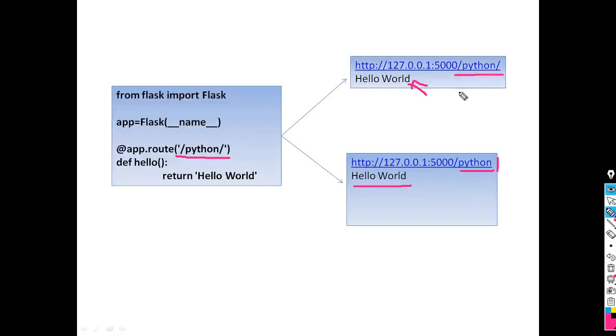But what we saw in the previous slide is that we cannot execute that URL when it does not have the right-hand slash. So this is the difference between how the presence of a slash executes and how the absence of a slash executes. These are the two rules to give a dynamic URL.